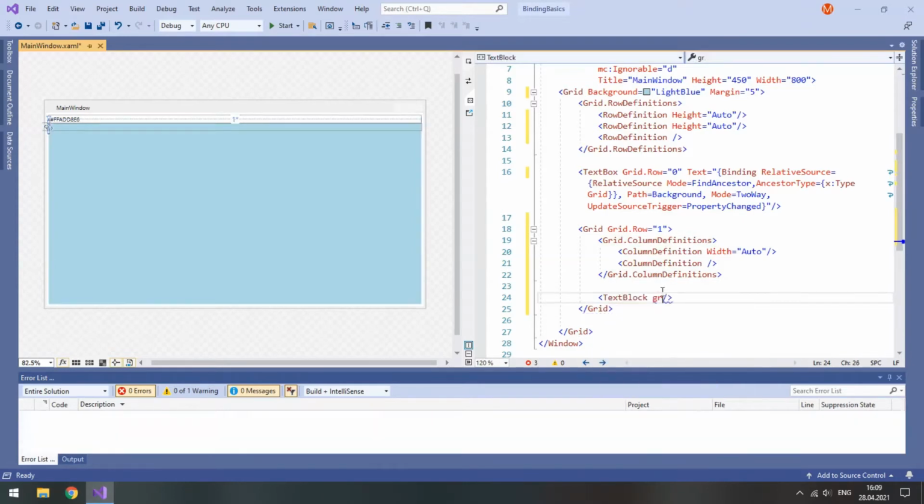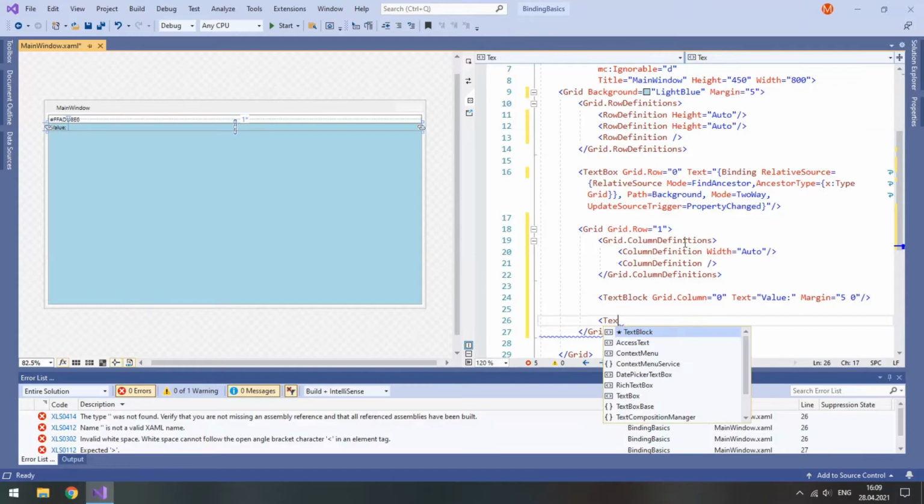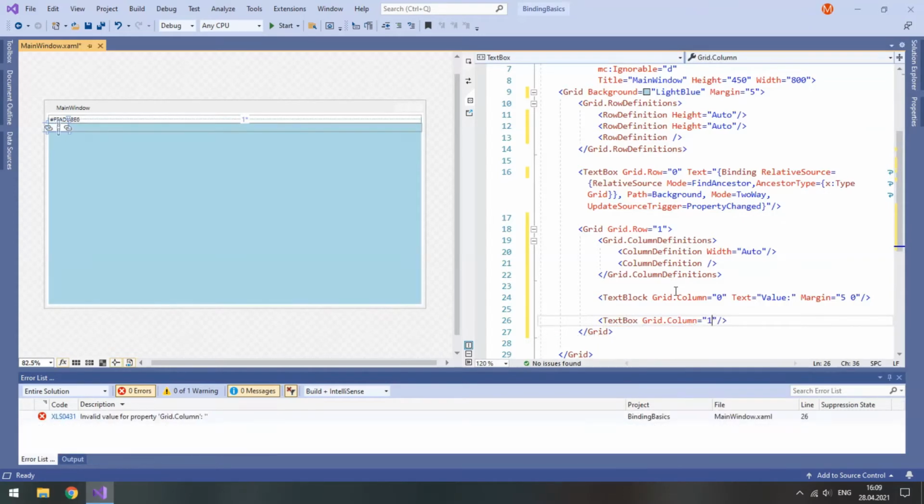Create a text block. It's not mandatory, but I would like to have some description of what this text box does. So let's type value and column. Let's also give it some margin on left and right, so 50. Next, in the right column we will have a text box, so grid column 1, and here is the most